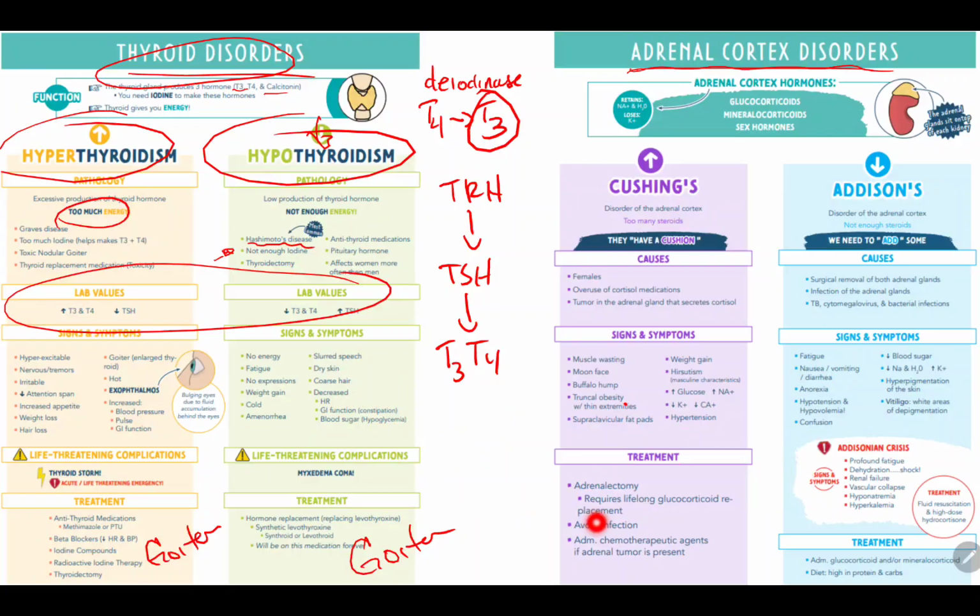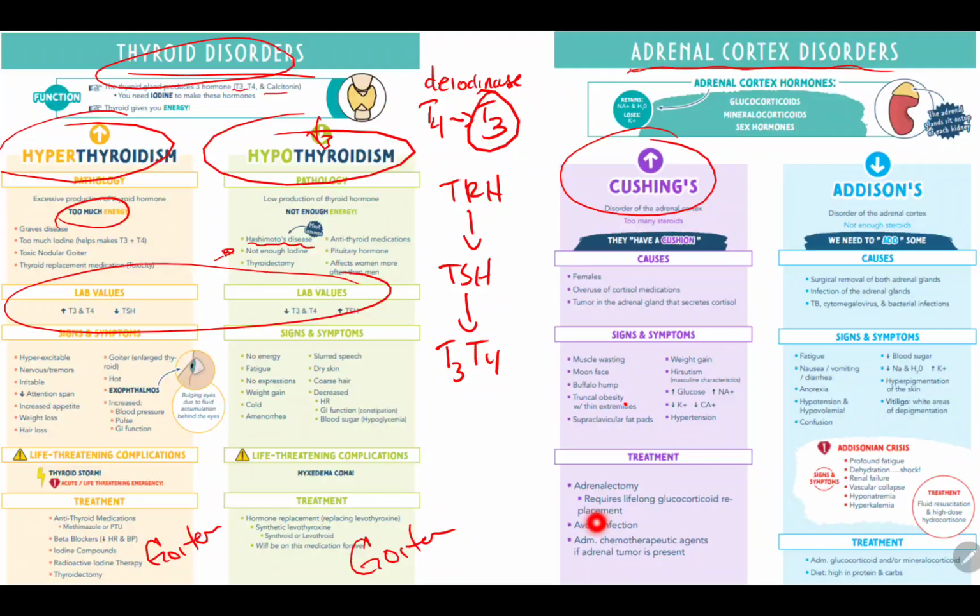Okay, and so we have Cushing's disease. That's when you have too much adrenal cortex hormones. Overstimulation, right, of those adrenal cortex hormones, too much steroid hormones in the body, basically. And remember, we talked about that moon face? That's going to be characterized by Cushing's disease, right? Extra adipose fat around the belly, around the back, having that buffalo hump, essentially. Some weight gain.